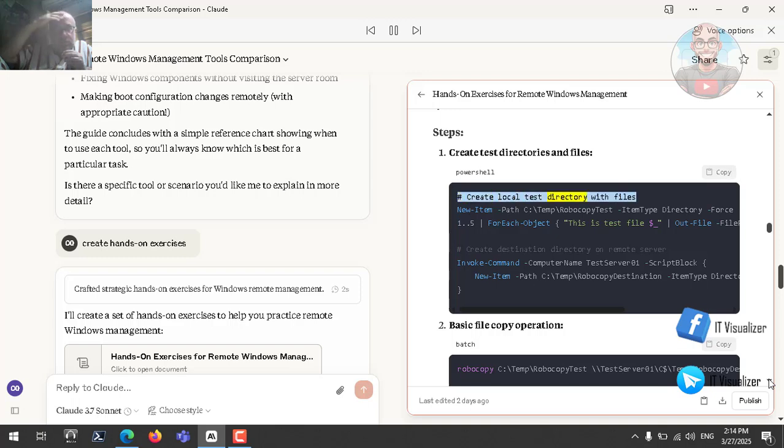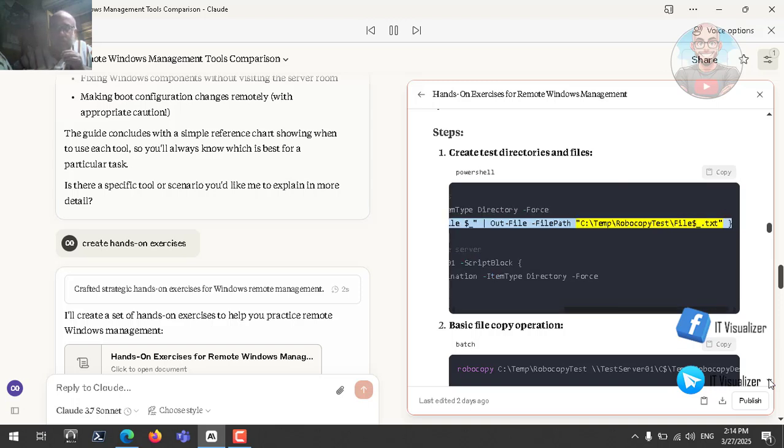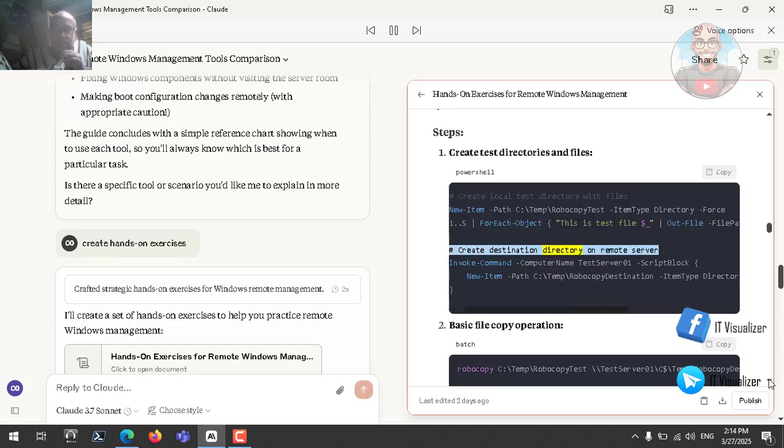# Create local test directory with files. New-Item -Path C:\temp\robocopy_test -ItemType Directory -Force. 1..5 | ForEach-Object { "This is test file $_" | Out-File -FilePath C:\temp\robocopy_test\file$_.txt }. # Create destination directory on remote server. Invoke-Command -ComputerName testserver01